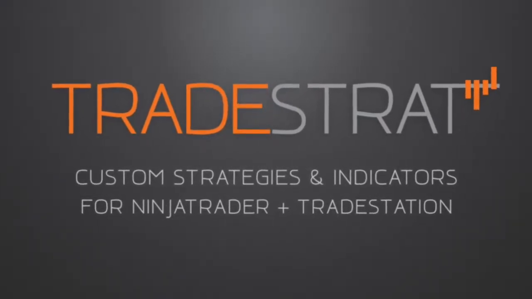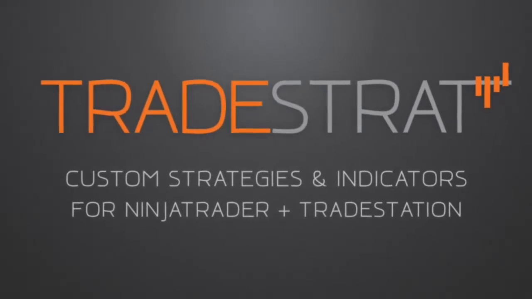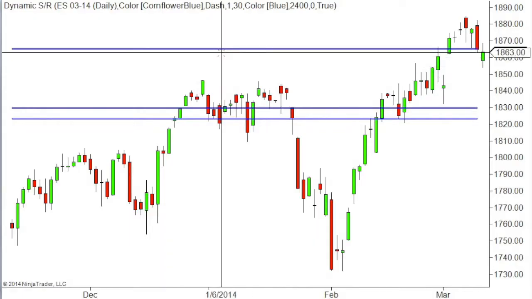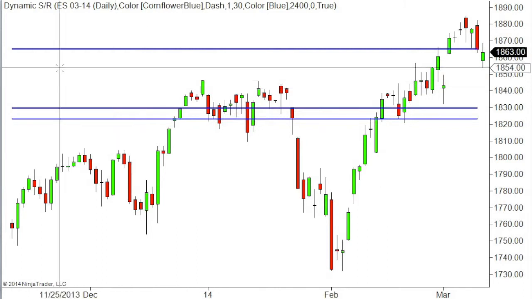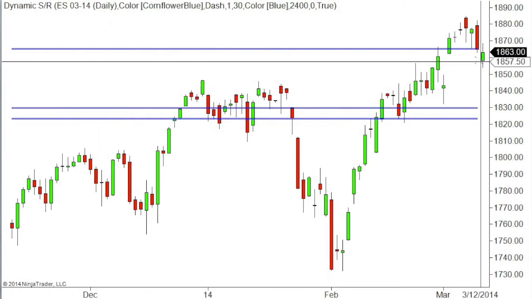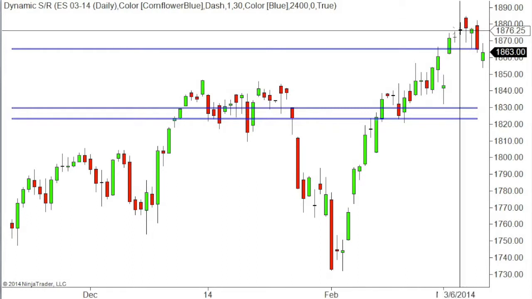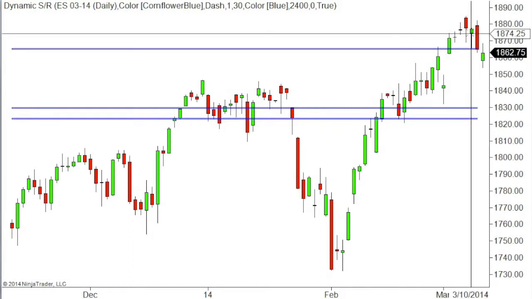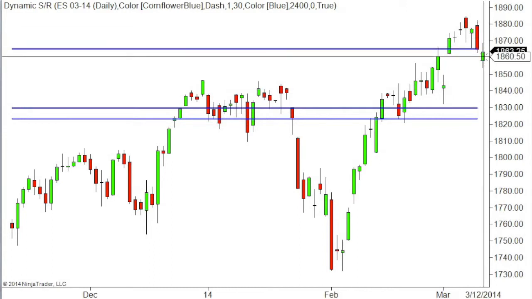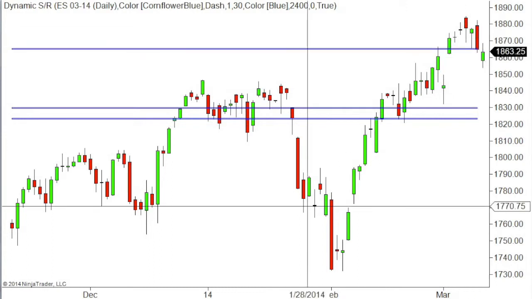Today is March 12th, 2014, and we're looking at a daily chart of the S&P E-mini futures with the dynamic support and resistance indicator on it. Had this break to a new high. I stayed out of the market here for the consolidation, but I jumped back in and did well in this pullback. Let's go to the